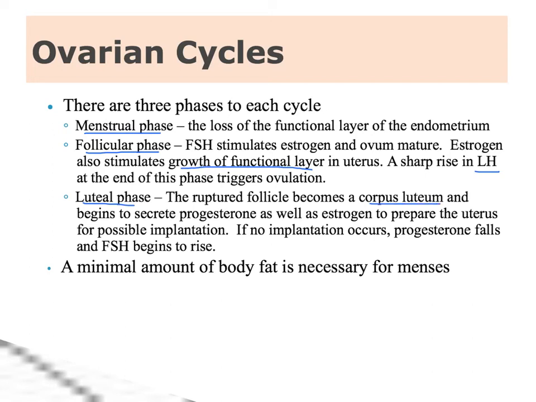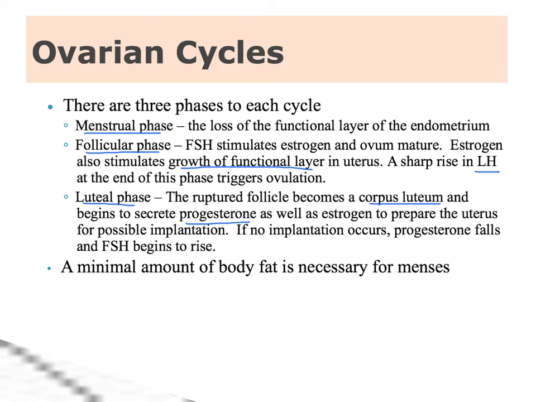and it begins to secrete progesterone, that other very important hormone, and progesterone gets the uterus ready for possible implantation, so that if the ovum is fertilized and it's going to go on then to develop into a baby, the progesterone is ready in the uterus for that. If no implantation occurs, and implantation itself kind of sets off a whole domino effect that keeps the progesterone levels high. But if that doesn't happen, progesterone falls naturally and follicle-stimulating hormone begins to rise and we get back into